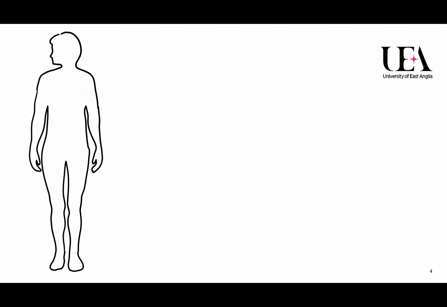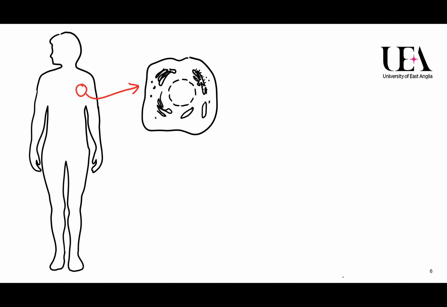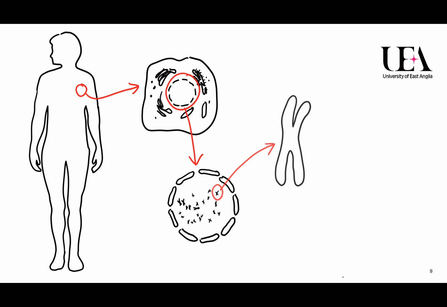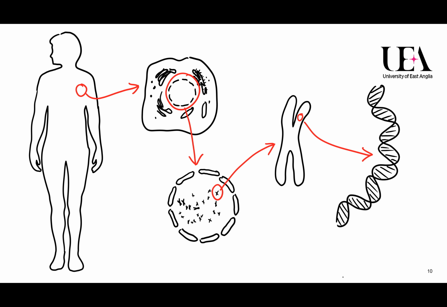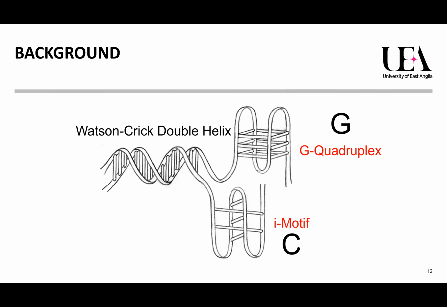Well, our bodies are made up of many different types of cells. Within each cell is a nucleus, and this is where our genetic information is held in the form of DNA. DNA is made up of 4 building blocks which we call bases, A, T, C and G, otherwise known as adenine, thymine, cytosine and guanine. In DNA, 2 strands of the building blocks coil together to form what is known as a double helix. This structure is a bit like a twisted ladder where the links between the strands, or the rungs of the